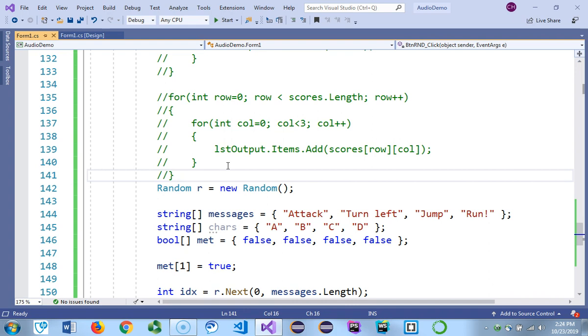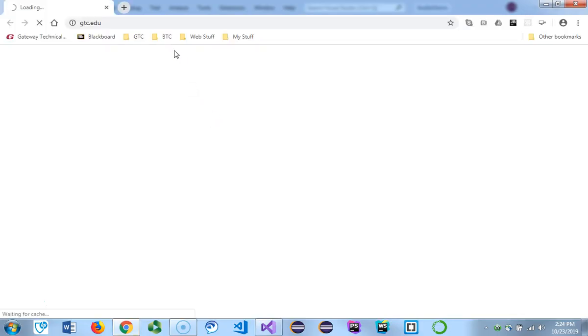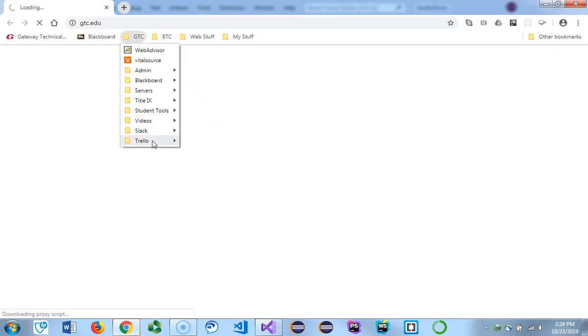We need to do that as soon as we can, so that when you build your own scene, your own level, you can use that global data in your game, like about your characters and things like that. So I would like you to think about what type of design we need to put into our character. So by doing that, I would like you to go into the Trello site